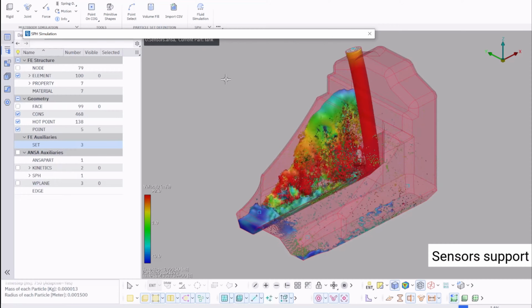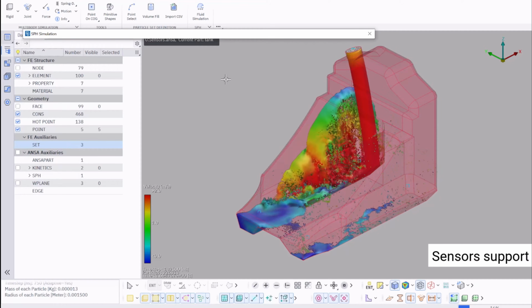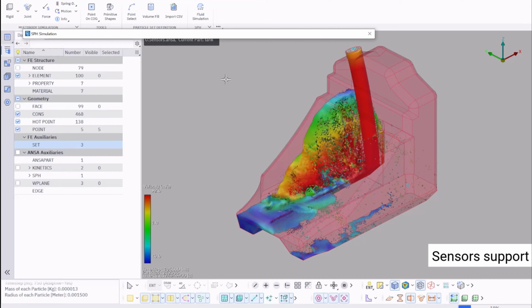When the total simulation time is reached or when Stop is pressed, a new entry is created both in the Sensors tab and in the database browser.